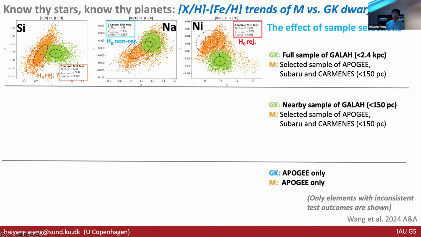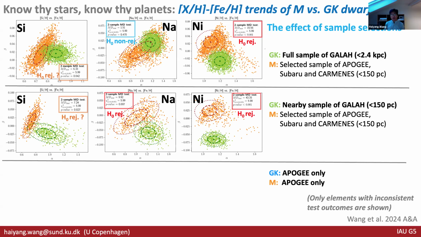So then we also think about the dependence on the distance of your sample. So we also tested the GALAH database within 150 pc of the solar neighborhood, and to see what is going on with these two subsets. So here is the test outcome. Again, for silicon, it will be a marginal rejection case, and while for sodium and nickel, it's because